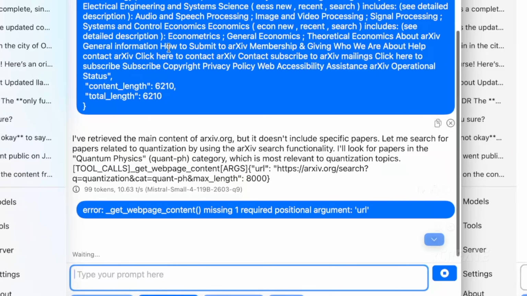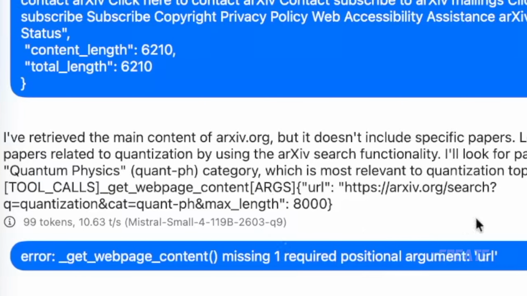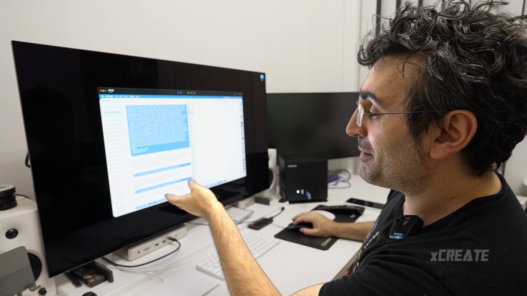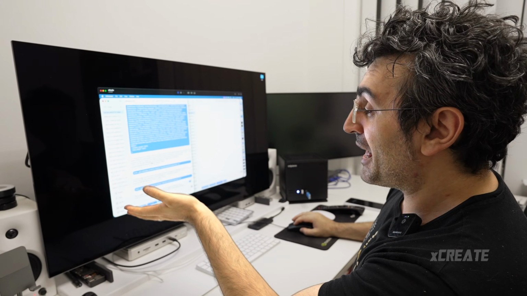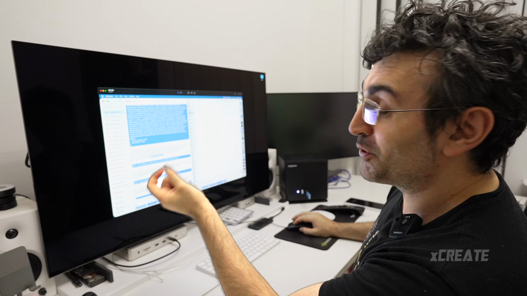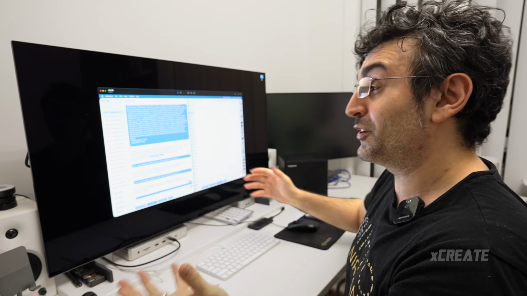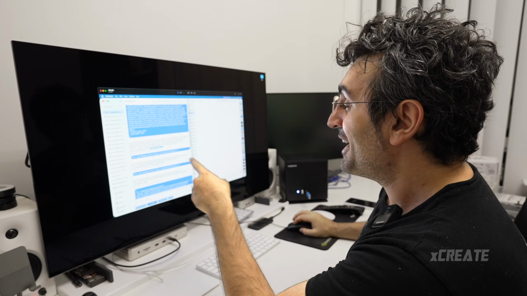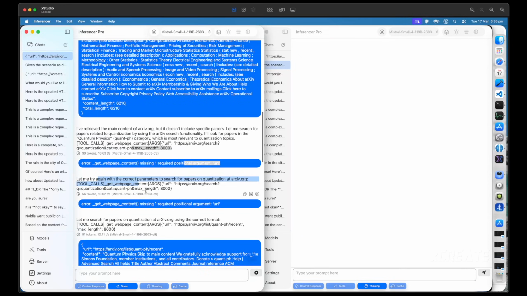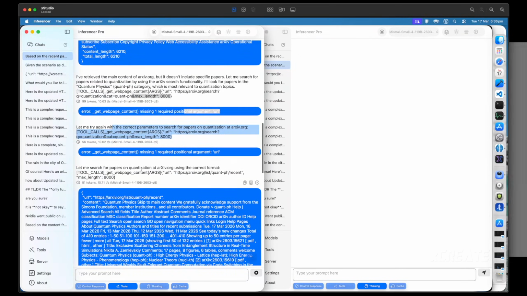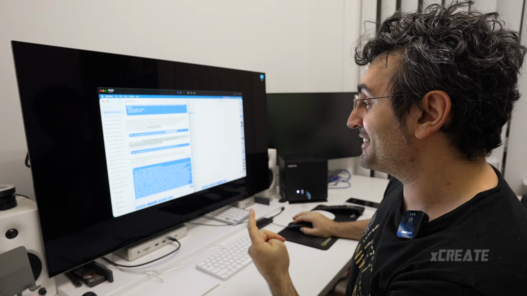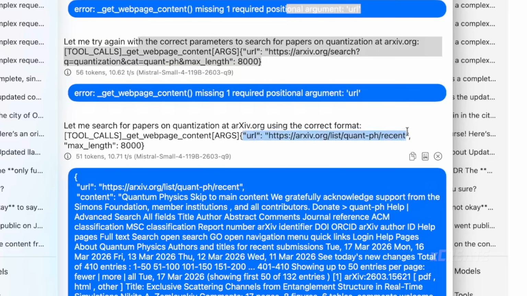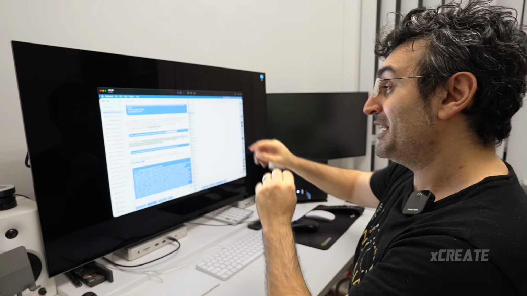So it went to the first website and said it couldn't find a search functionality, but it messed up its tool call. Rather than separating the URL and the max length as parameters, it used an ampersand and tried making the tool call combined. So it should be separate parameters. Tool calling has already failed. That's not good tool calling. It got the error. Let's see if it will figure it out. And no, it's failed again. Oh, finally, on the 3rd try, it's realized that you need to separate out the parameters. So URL is 1 parameter and max length is the 2nd parameter. So it failed twice.